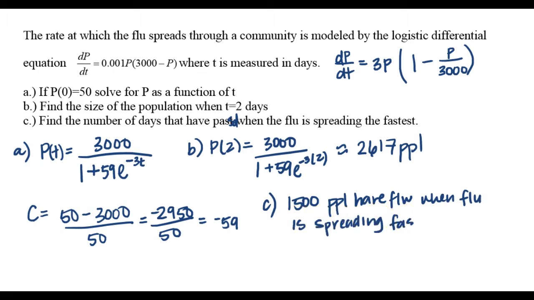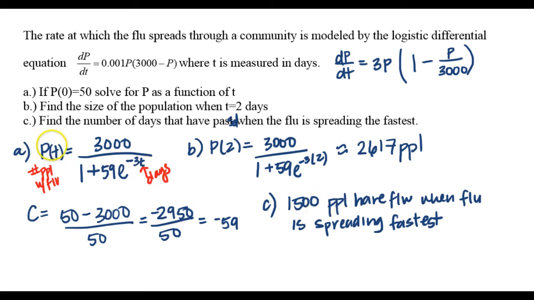Now we're going to need that piece of information to find what we're actually being told to find, which is when does that happen. So remember that P of t was the number of people with the flu, and t is in days. So I want to know the number of days that have passed when the flu is spreading the fastest. So I want to know on what day the 1,500 people, the population, when this flu is spreading the fastest,